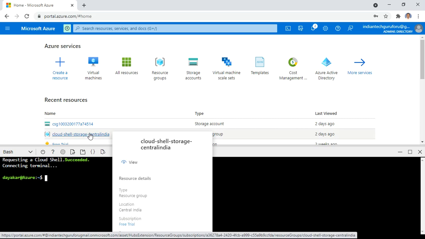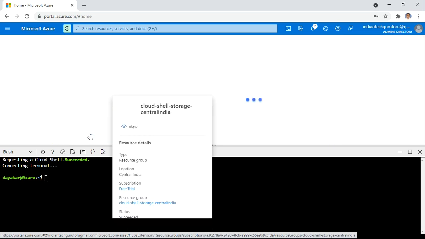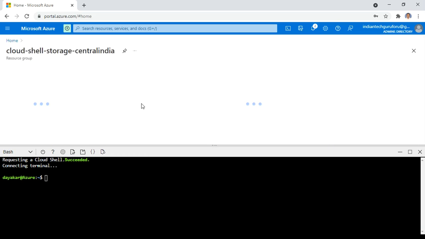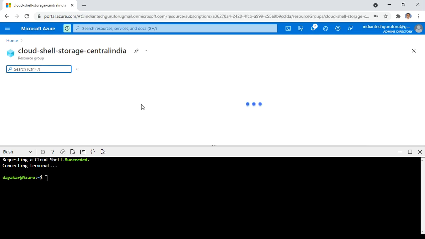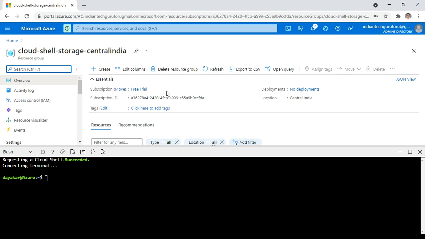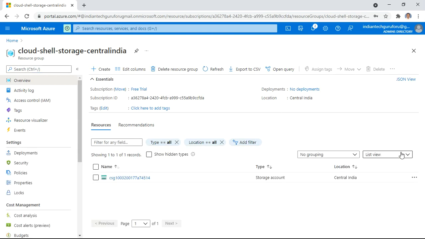The storage account we have is Cloud Shell Storage Central India, which Azure has created by default. Now I will be opening this particular storage account. Meanwhile I am going to minimize this Cloud Shell. Now click on the storage account.